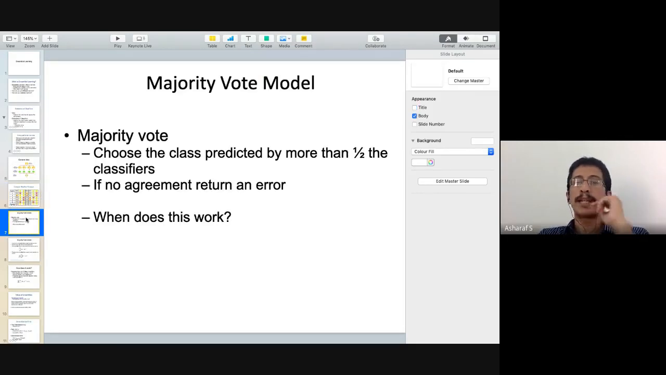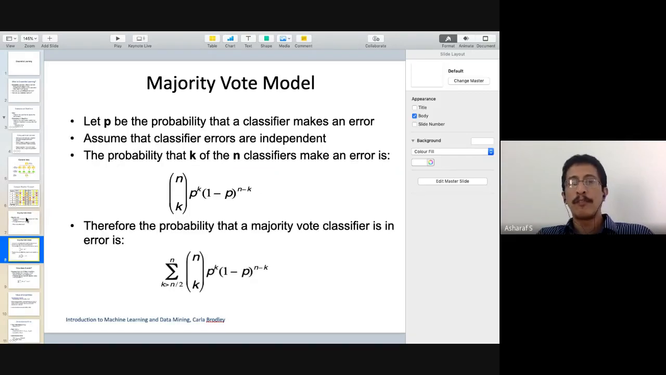Majority vote: choose the class predicted by more than half, if it is a binary classification. Basically, you go with the majority class. That's what it is. So if P is the probability that a classifier makes an error, and assume the classifier errors are independent, all right? Then the probability that K out of N